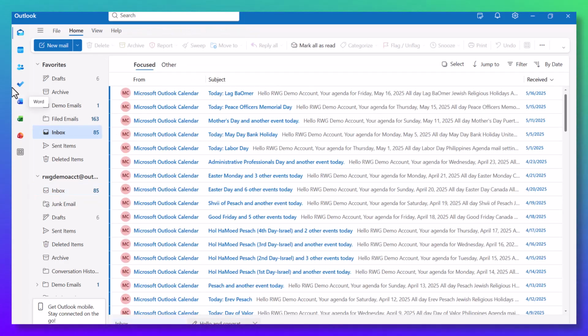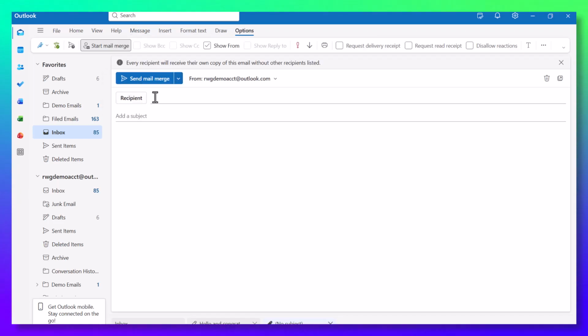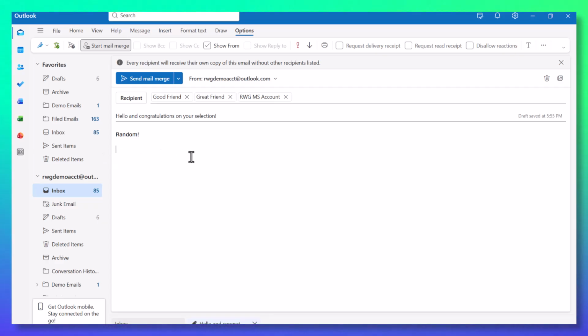You also can choose to start a mail merge directly from the drop down arrow after you've already created a new message. So you would just go to Send and then select Start Mail Merge, and then you would follow the same procedure. When you use mail merge in New Outlook, you can't insert fields. If you remember, if we were in classic Outlook, we could actually have "Hi Bob, Hi good friend" within the